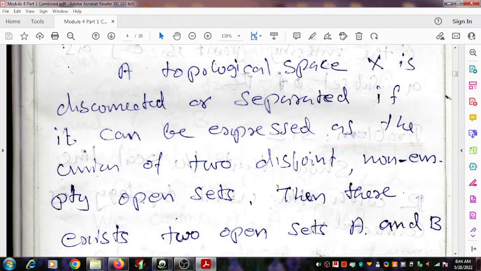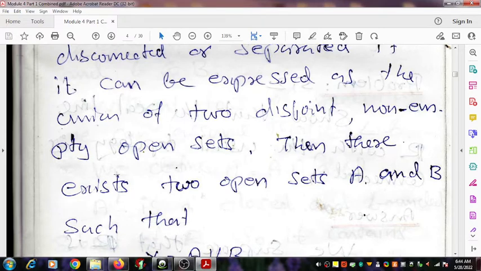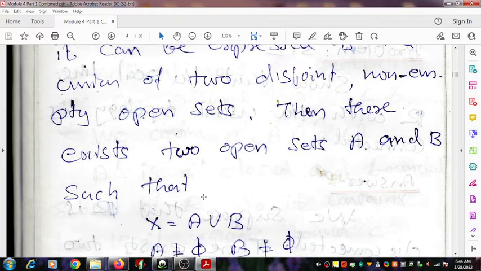That means there exist two open sets A and B such that